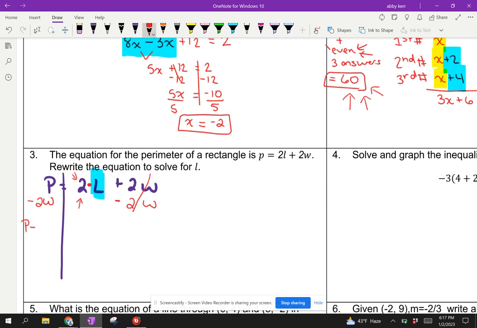And now P minus 2W are not like terms, they're different variables. And finally, we have one more step. So like I said before, we have multiplying by 2. So how do we undo multiplying by 2? We divide by 2. So we have our L isolated. Now this would be an acceptable answer. Or if you need to simplify it,